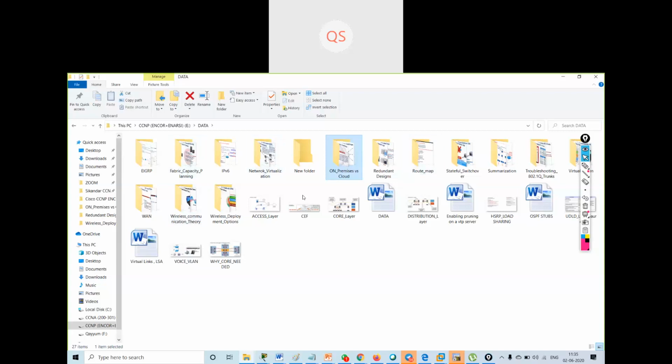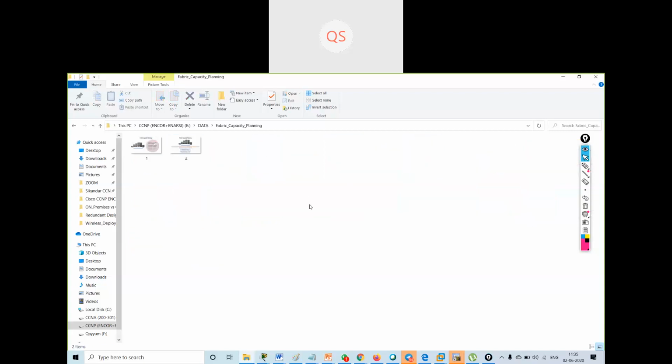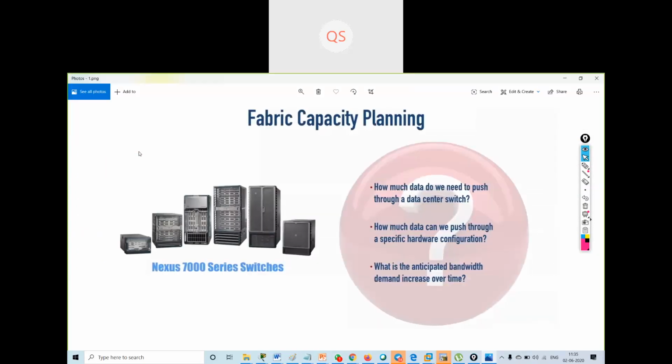Now the next topic is fabric capacity planning. When we talk about fabric, we are normally talking about the network interconnection inside a data center.